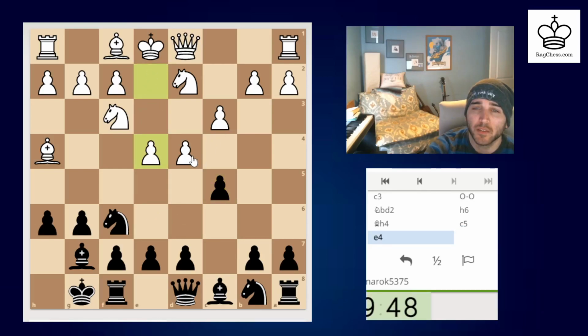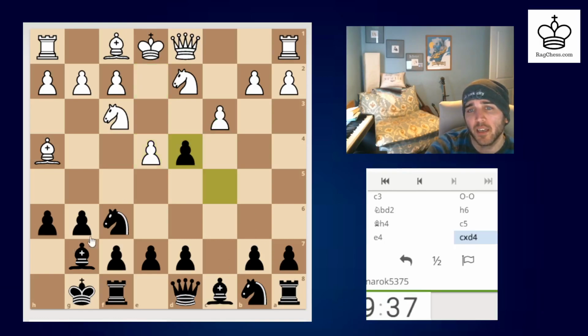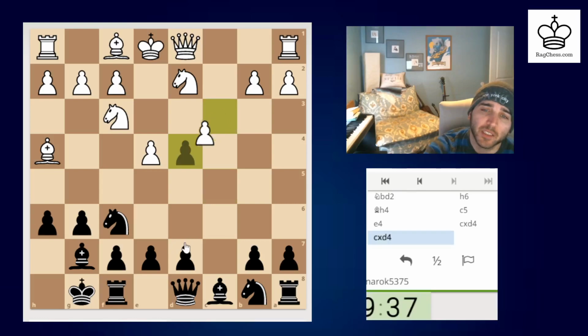Okay, e4, yeah, it seems a little weakening for this particular structure, because now I can just take, and I think maybe my knight comes out. The only reason I like taking here is because it just makes this weaker. It does make his center stronger, so I want to play either d6,